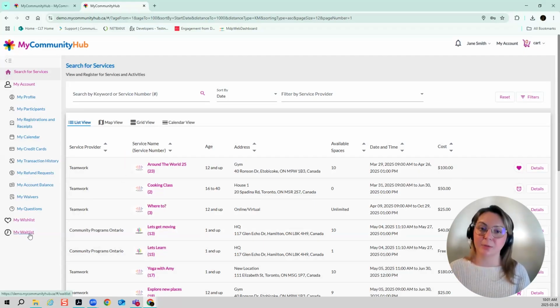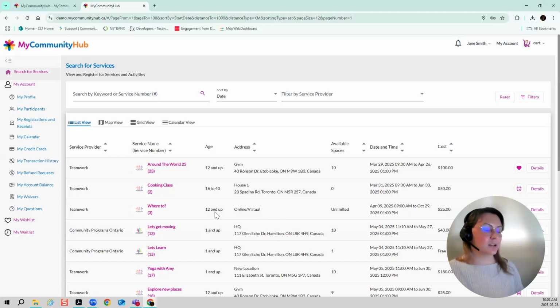When a spot becomes available, an email gets triggered, so it gets sent out to everyone that's on the wait list, letting them know that a spot has opened up. So it's on a first come, first serve basis. I can log in and try to take that spot or sign up for that spot, but it gets sent to the entire wait list. So it's a great way to gauge how many people are still wanting to sign up for the program. It's a great way to gauge, should we make this program bigger, if we're able to, anything like that. So it does give some really great insights for you.